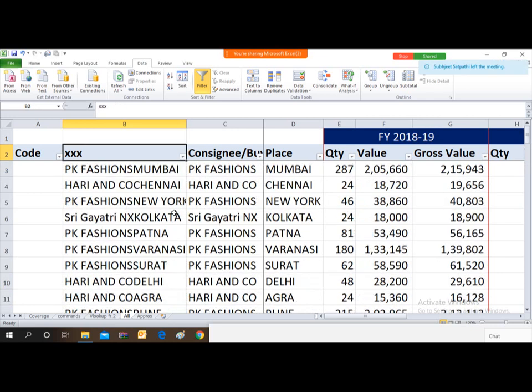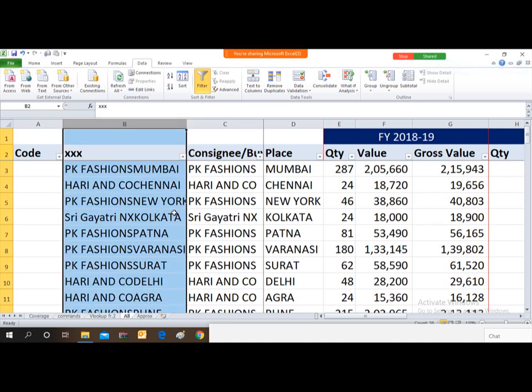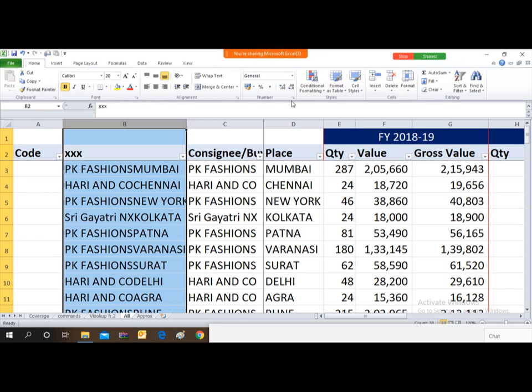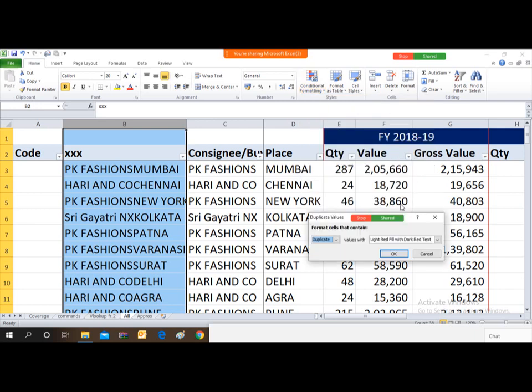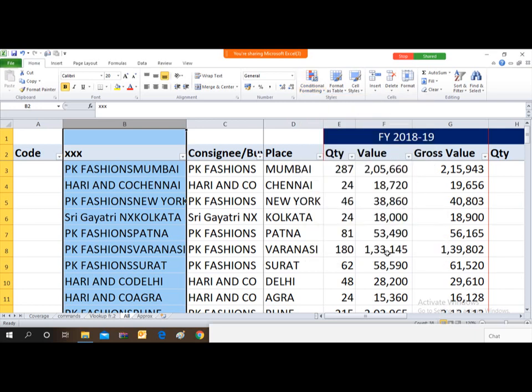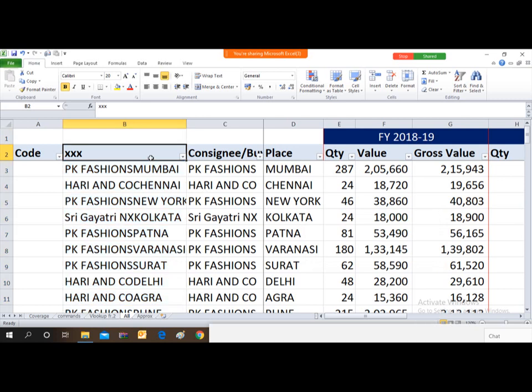How can I make sure that this combination is unique or not? Just go to Home, then Conditional Formatting, then Highlight Cell Rules, and then Duplicate Values. Friends, in conditional formatting there is an option called duplicate value. You just press duplicate value, make it OK and drop down here.